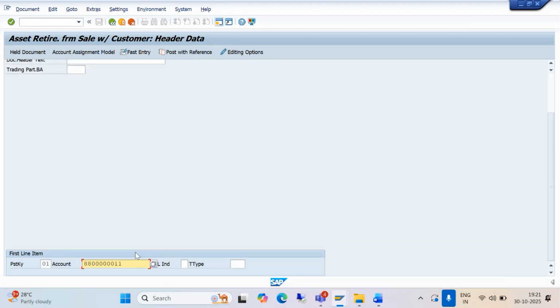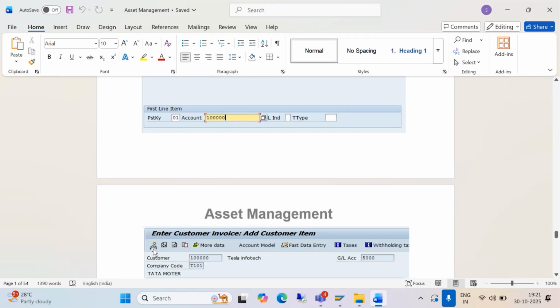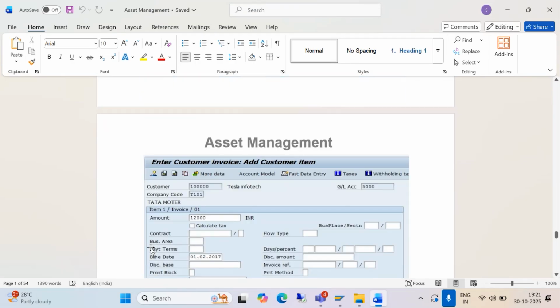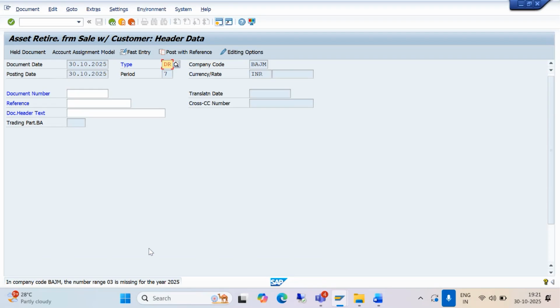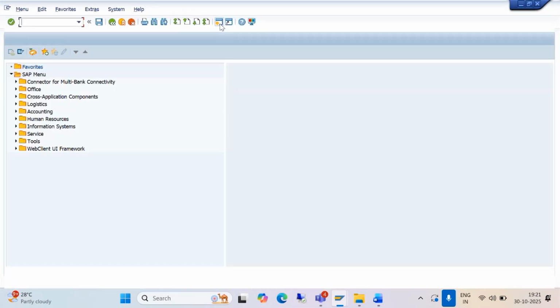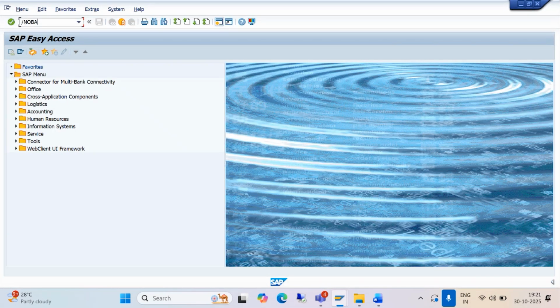Yes, Ashmita Enterprises is our customer. So if you see here, we just want to press enter. Something: in company code, the number range 03 is missing for the year. So we have to go for the DR document and we have to set the number range. /n OBA7 is